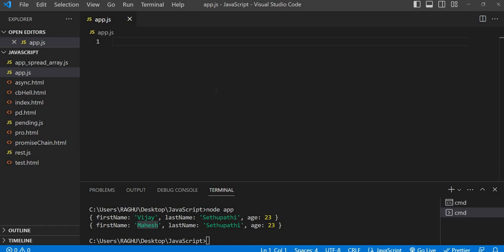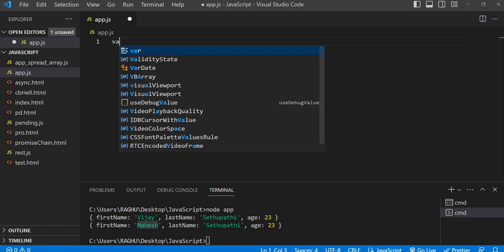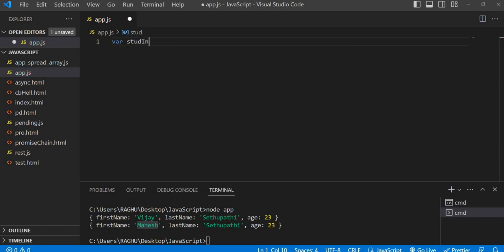Let me rewrite the code for the second example. Here I'm taking a var studentInfo. Again I'm just taking the first name. Student info or movie info, which one is good? Let's go with student info itself. The first name is, suppose, MS, and the last name